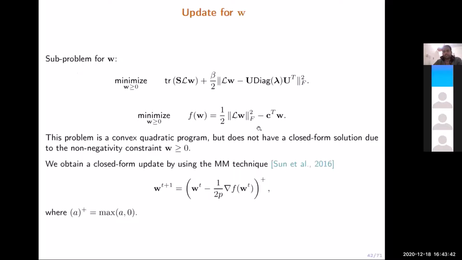But this problem, of course, is a convex quadratic problem, but it will again involve a loop inside a loop. So to avoid that, we have majorized this, and by majorizing, we can just solve it via a simple gradient descent type of algorithm. So we have majorized this convex optimization problem, and then solving this requires just one update. So W at iteration t will just depend on the gradient.